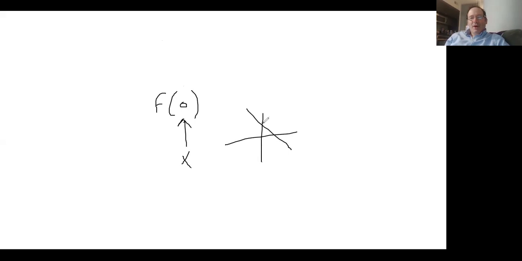For question number 6, it says in the xy plane, the y coordinate of the y-intercept of the graph of the function f is C. Which of the following must be equal to C? So it's just a lot of nomenclature here, but basically they just want the y-intercept, and that's equal to f of 0, because this represents x. And when x is 0, that's where the y-intercept is. So the y coordinate of the y-intercept just means what's the y value of the y-intercept. Again, tricky nomenclature and wording, but